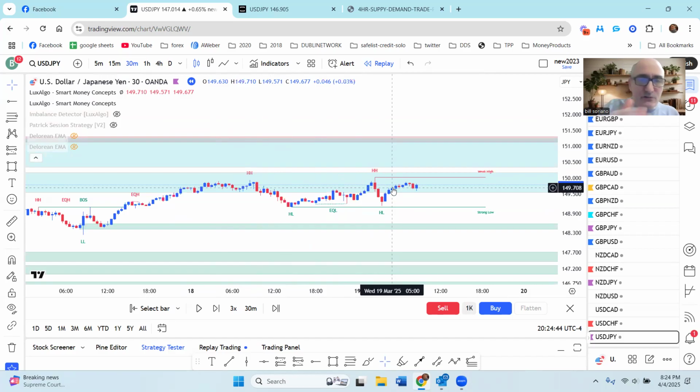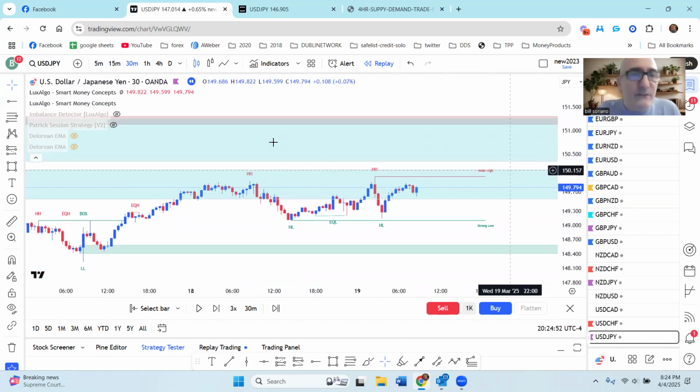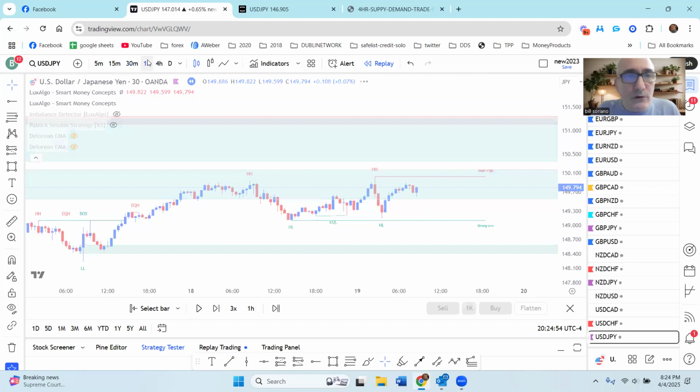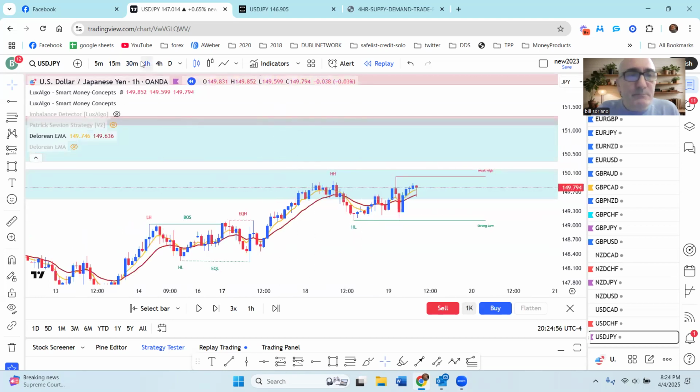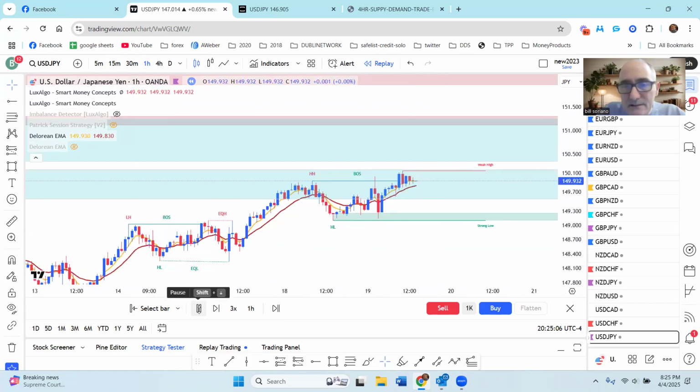See how the indicator is not showing us a change of character, and we don't have a structure level being broken to the downside. Okay, so we have the sell shift on the 1 hour, but it's not accompanied by the change of character on the 30-minute. So we don't want to do anything with this pair right now. We want to see what's going to happen. And what happens is